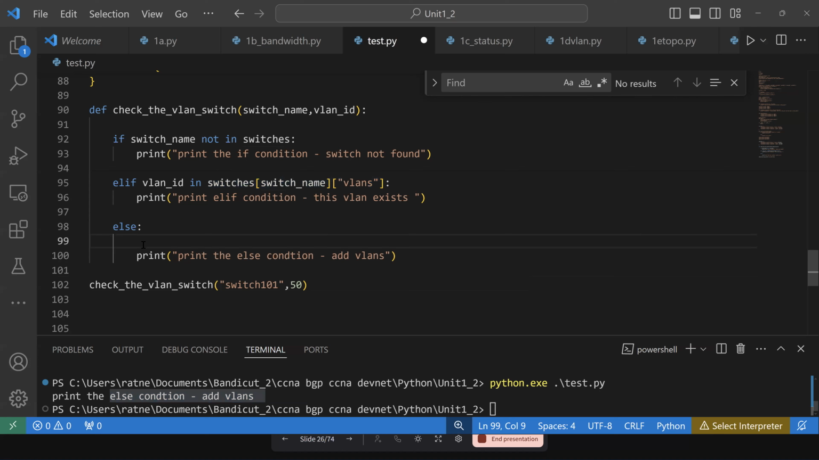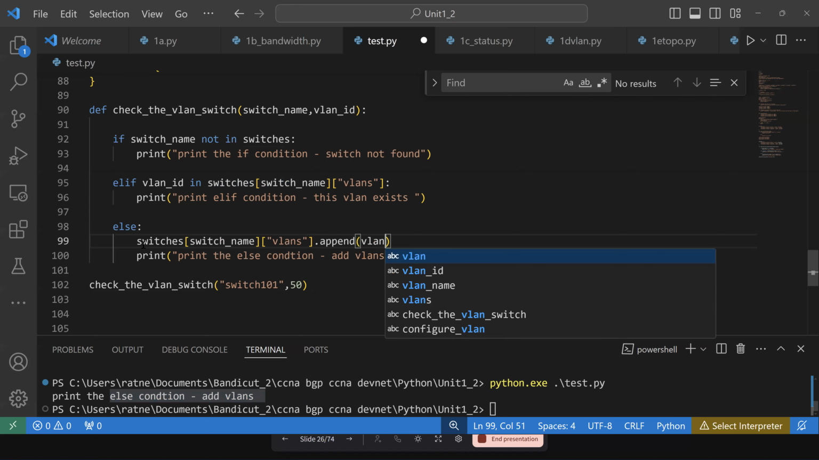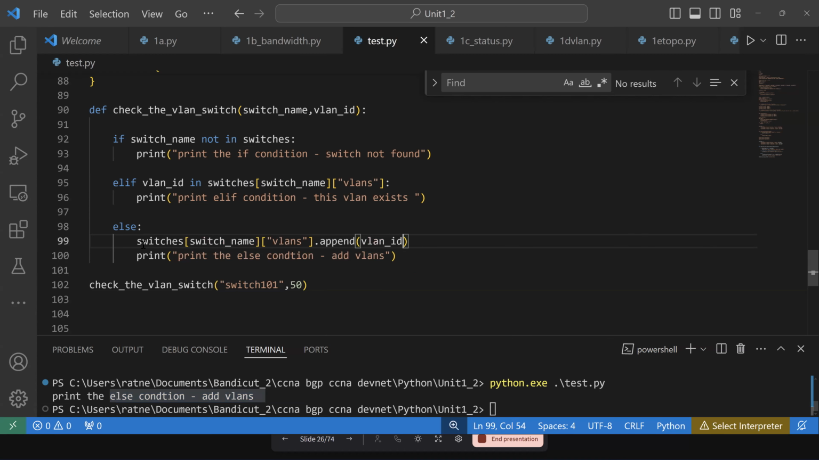These things you will see again and again in the actual examples, append and reverse and all those things. So we want to use the inbuilt function called append and VLAN ID, because VLAN ID 50, it will call. So now if we go and print this statement,